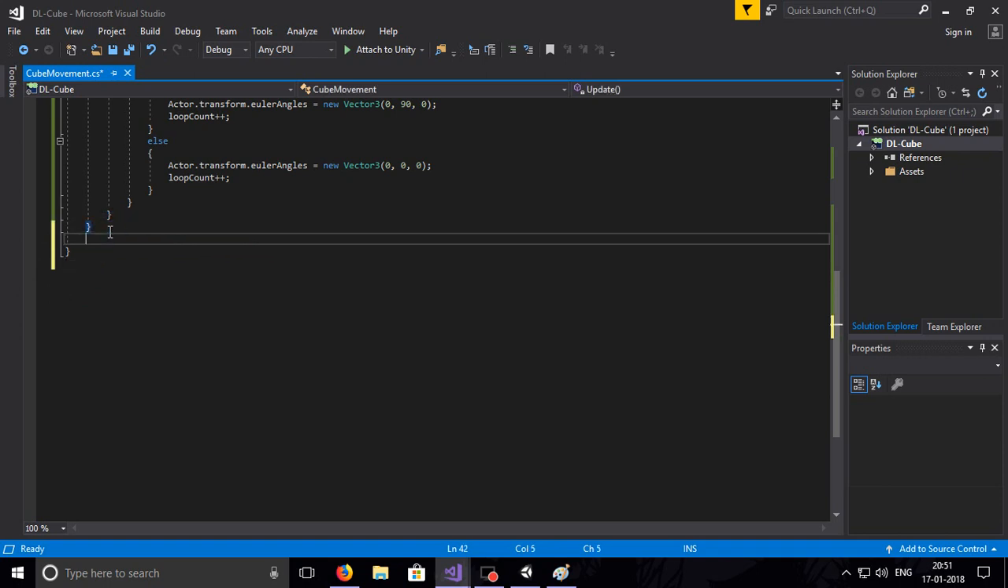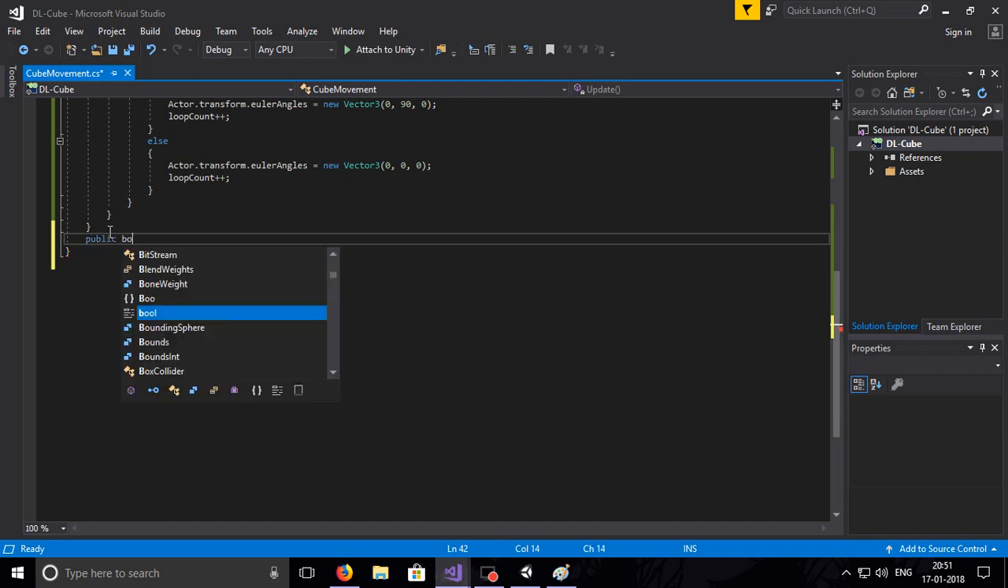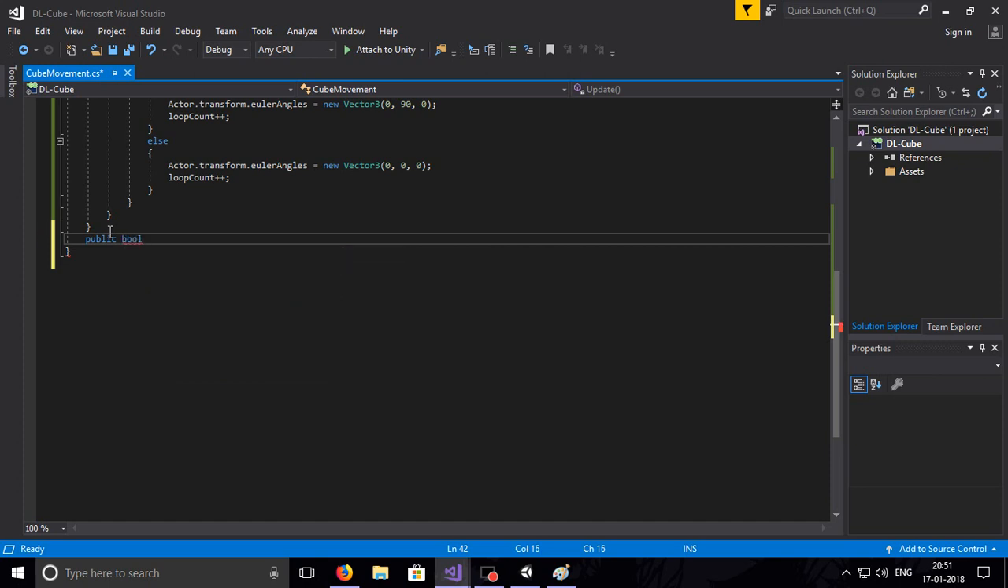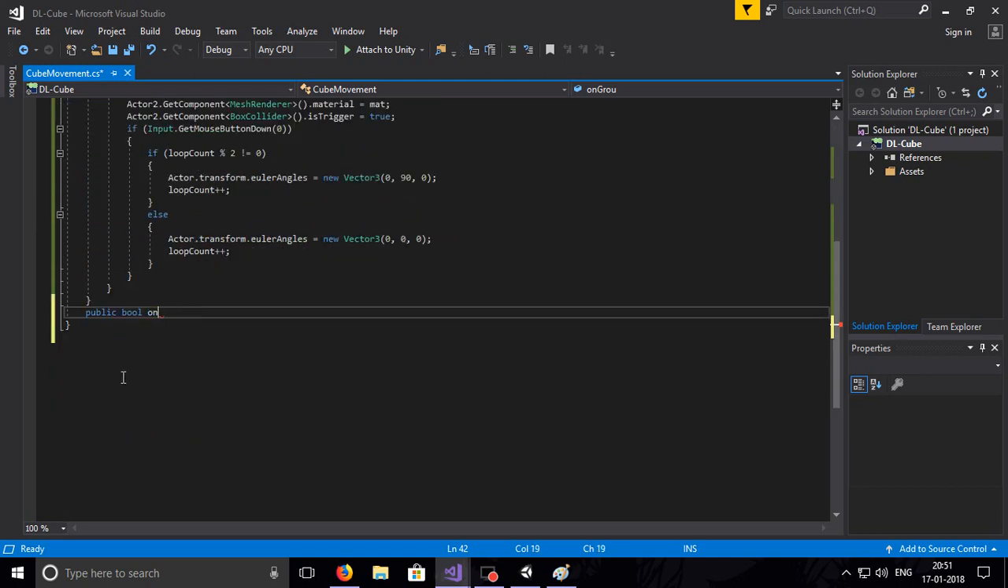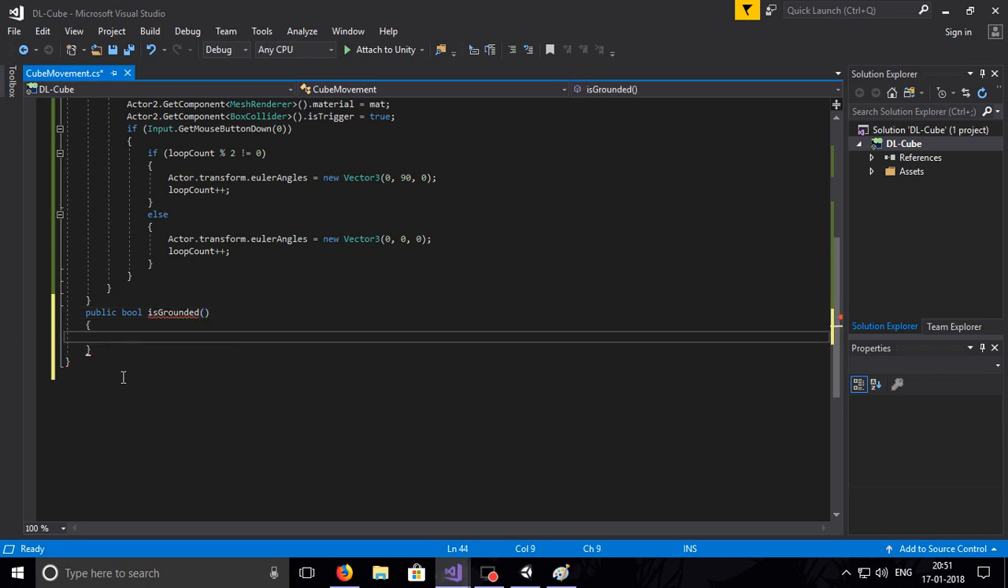It will be under the class, so here it will be private. Again wrong. Public bool on ground. I have given on ground, I think it will be is grounded. Is grounded. Let's create our own function, and hence we return